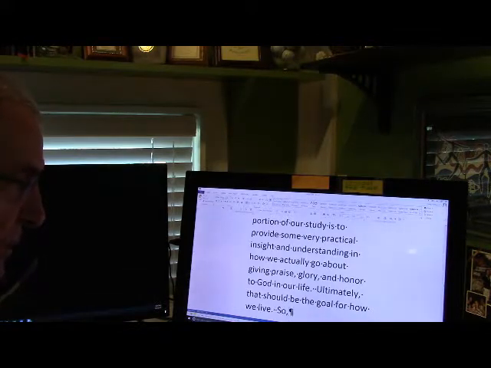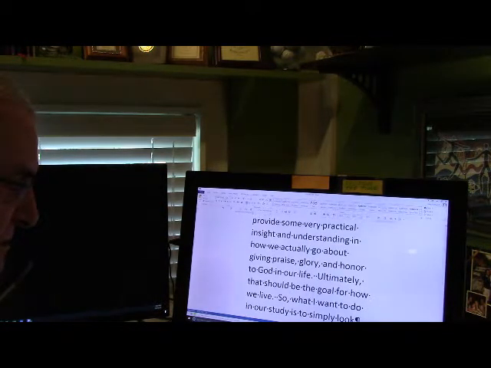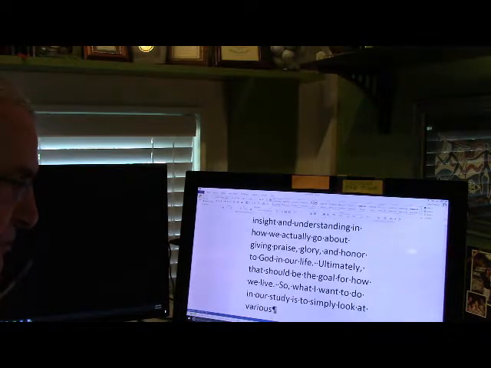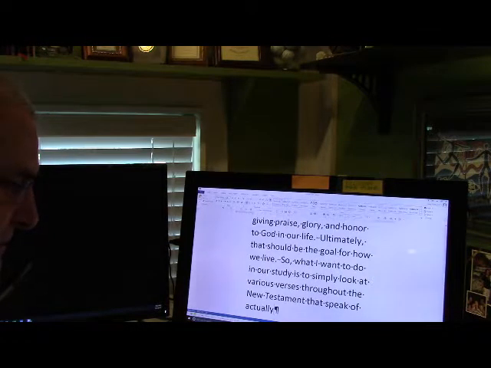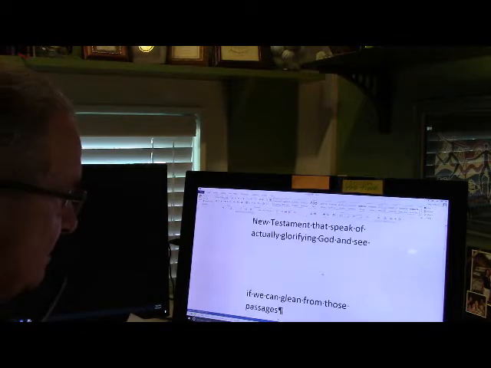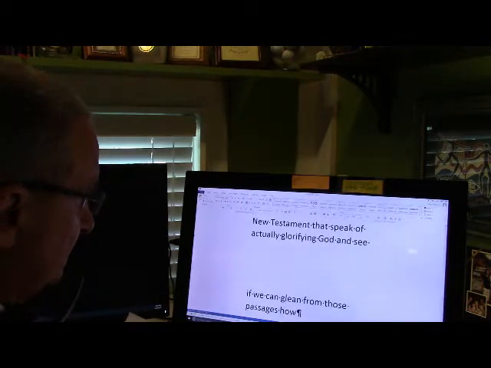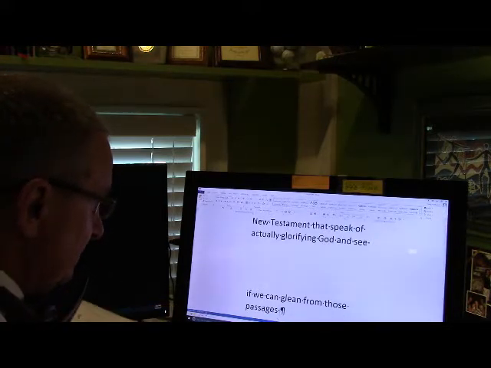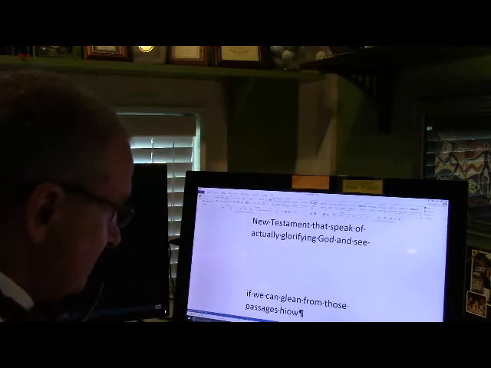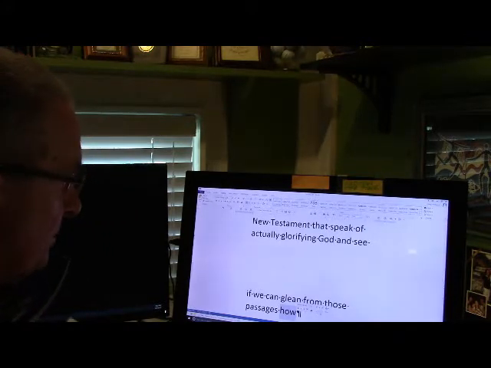So, comma, what I want to do in our study is to simply look at various verses throughout the New Testament that speak of actually glorifying God, and see if we can glean from those passages how quotation marks quote